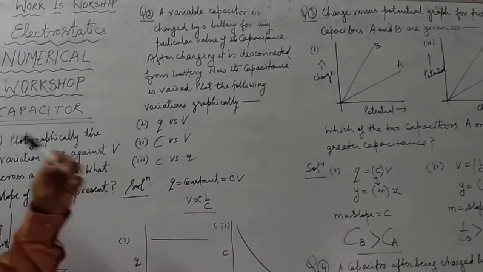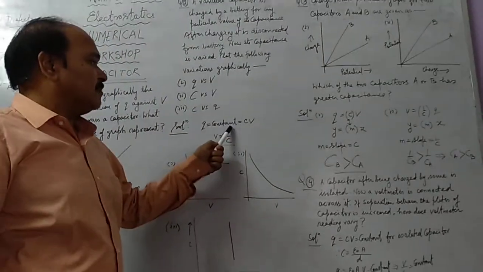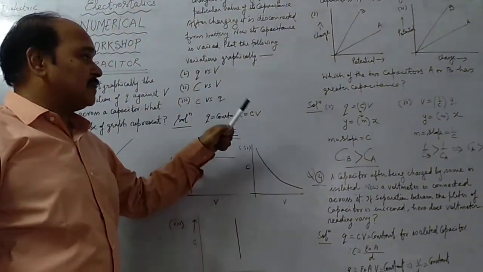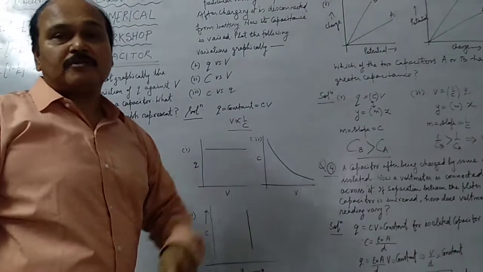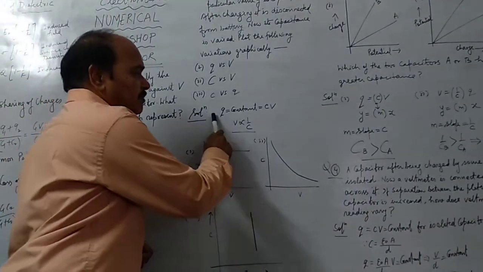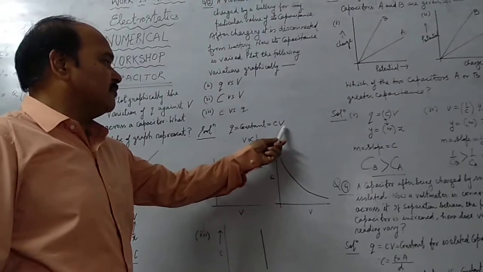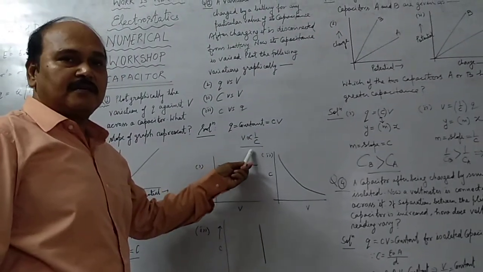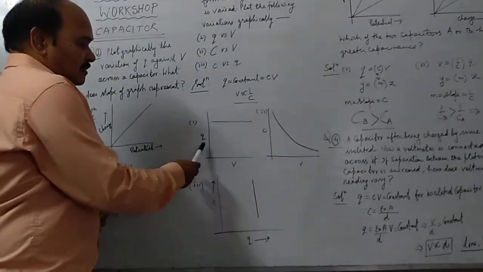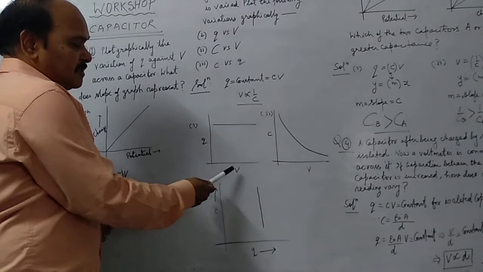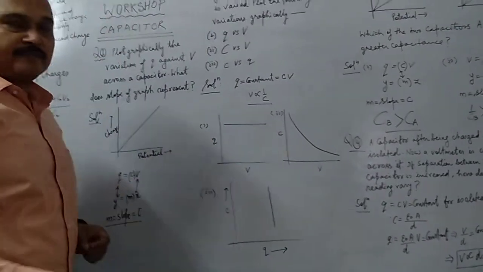See, when a capacitor is charged by a battery and then isolated, what happens? The charge over the capacitor becomes constant. It can neither move out of the capacitor, nor can any charge move into the capacitor. So whatever is the charge over the plates of the capacitor, that is a constant. And we know charge is equal to CV, therefore V and C are inversely related. So the first graph, Q versus V, since charge is a constant, we are going to get a straight line parallel to the V axis as shown here.